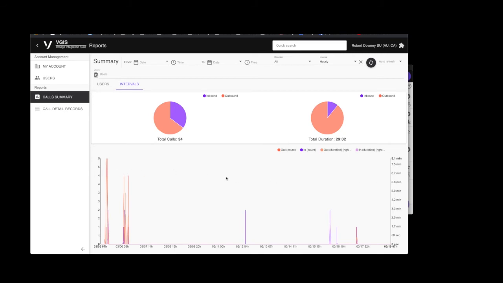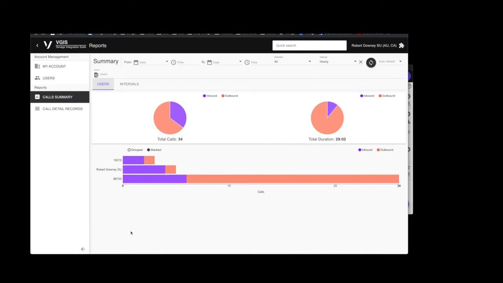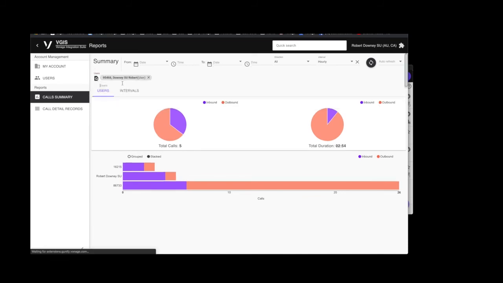This would be effective in a hunt group or call queue situation where you want to make sure your staff is properly placed during the course of the day. If I have a lot of users that are leveraging Office 365, I can go in and see those users listed here so that I can break down their metrics, but I can also filter by those users so I can see just my team if I want to.